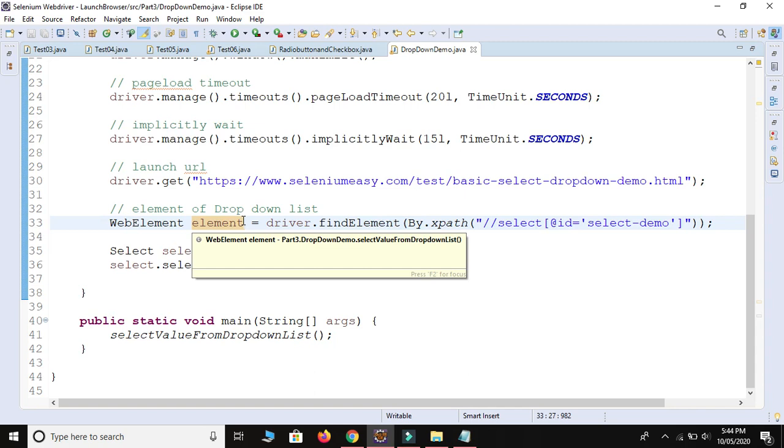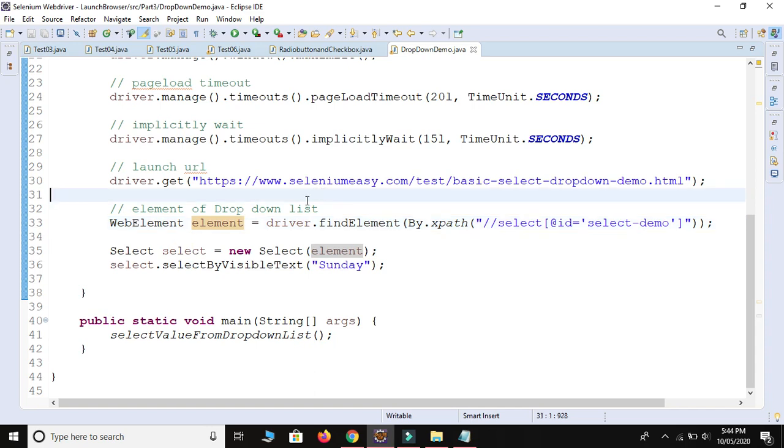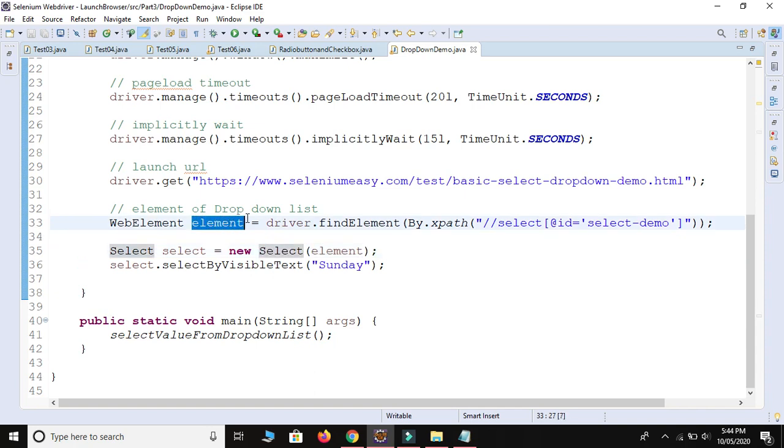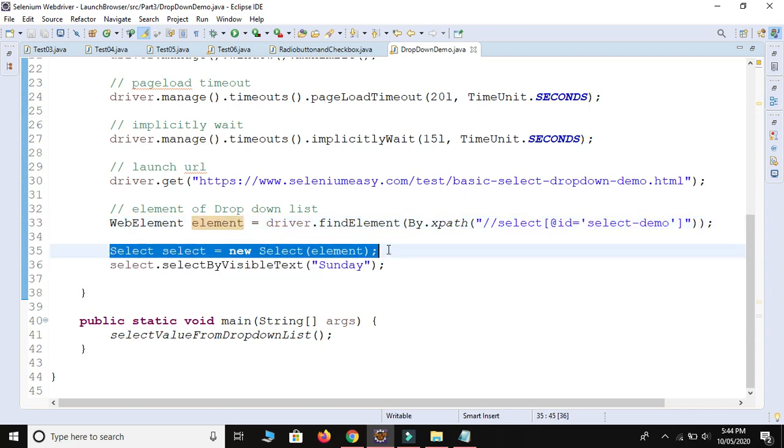Selenium provides one class whose name is Select, and we pass our web element, which contains all the list of sub elements, to the Select class. First find the web element and pass it to the Select class, because the Select class provides methods to select a particular value from the drop down.